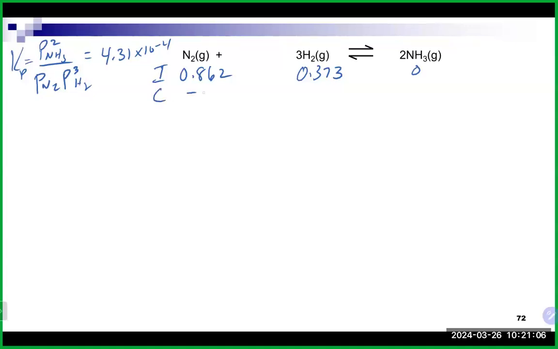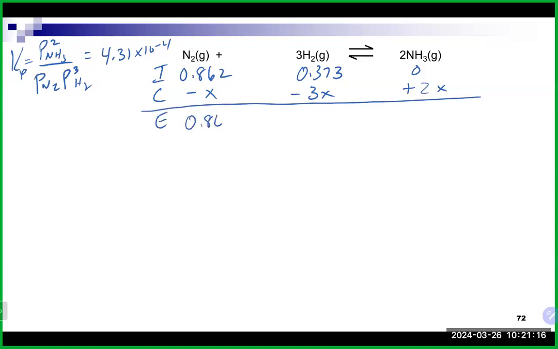We're going to go minus x. Remember, we do need to take the coefficient there, minus 3x, and also the coefficient on this side, which would be plus x. This is going to go into our equilibrium here of 0.862 minus x, 0.373 minus 3x, and 2x. So taking this into our K expression will give us 2x squared